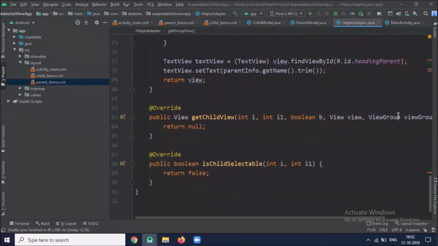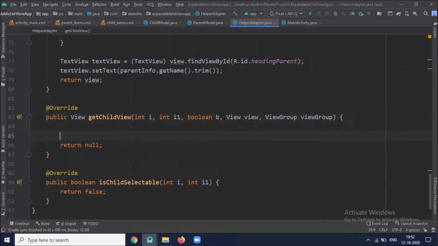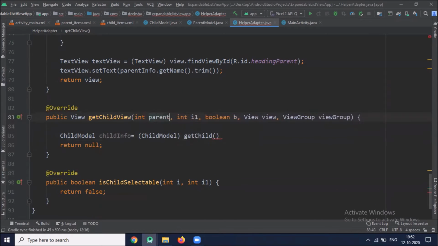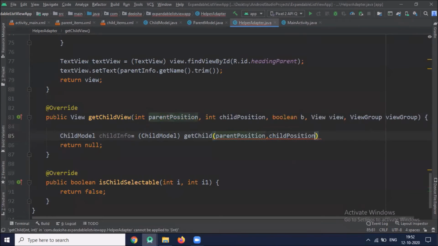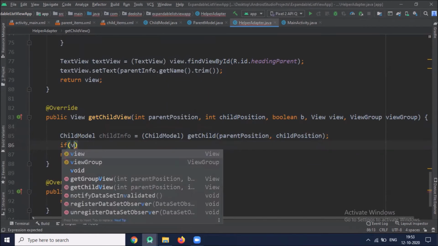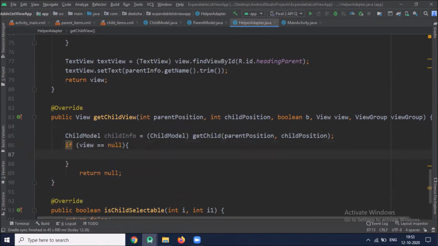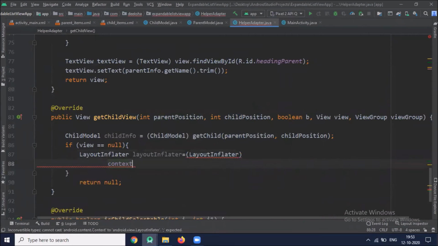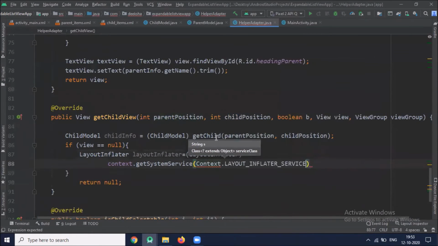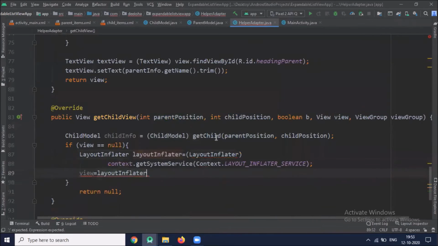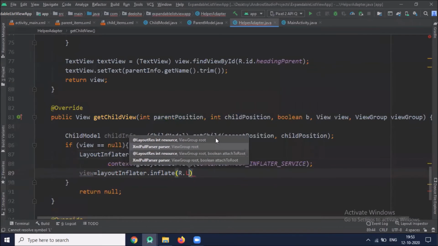Now, next is get child view, and this method we are using to create a child view. And here we inflate our child layout.